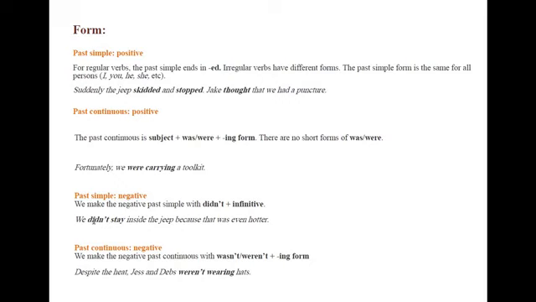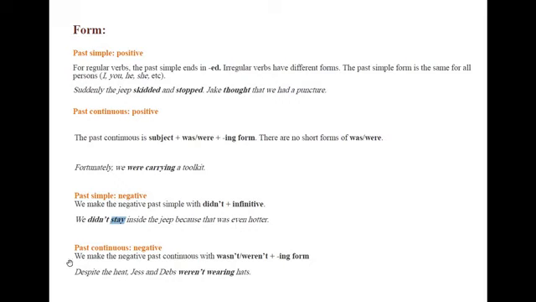If we use didn't or did, we change the verb to the simple present tense. We cannot say "we didn't stayed." We can say "we stayed," but we cannot say "we didn't stayed." We should say we didn't stay inside the Jeep because that was